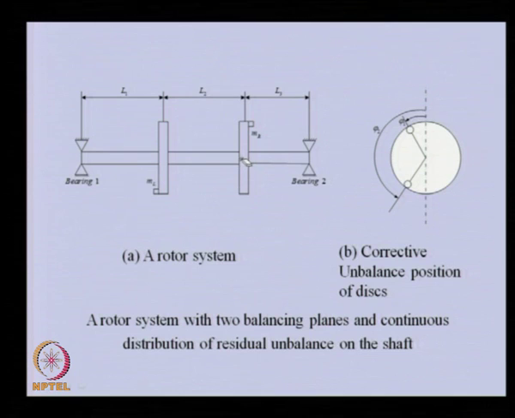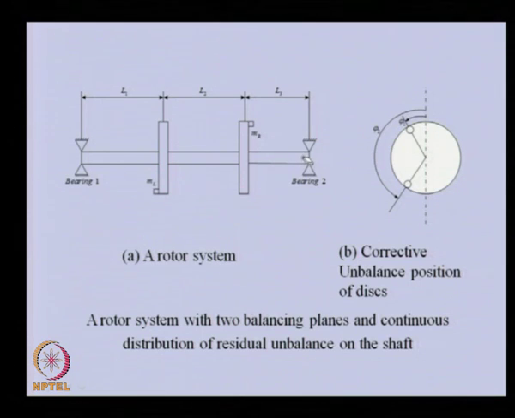So, we will be showing two case studies. One is where only the residual unbalance is kept in these two disks, and we will try to balance this particular rotor up to the second critical speed, because we have chosen only two planes for balancing. This residual unbalance which we will be keeping, we will use for generation of the response. But again, re-estimation will be done with the influence coefficient method, and we will try to see whether we are able to balance the rotor up to the second mode.